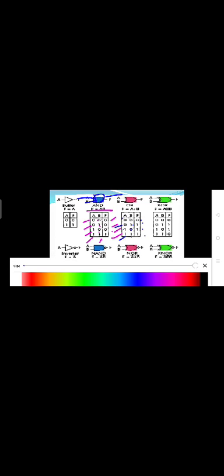In the AND gate, when inputs are high, then only the output will be high. In the OR gate, when inputs are low, then only we get a low output. The OR gate symbol is just curved, like this. So this is about the AND gate and OR gate and